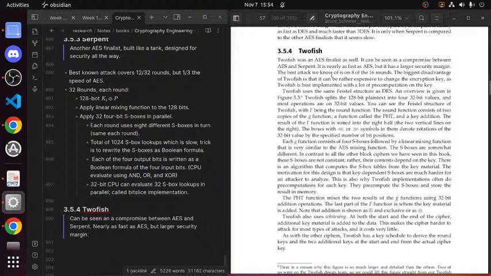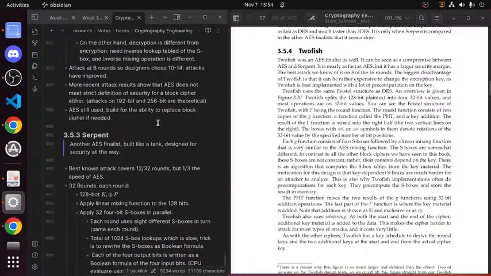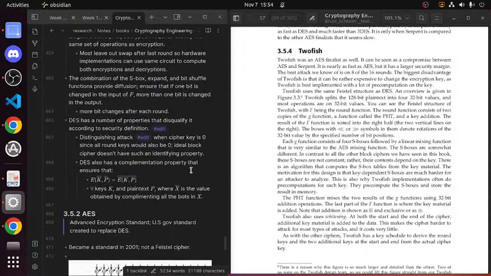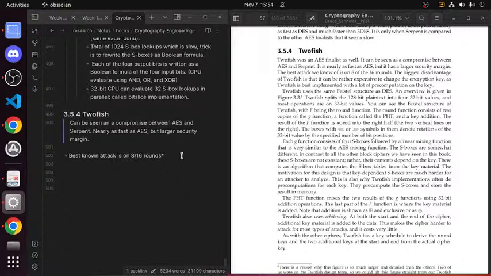The best attack we know of is on 8 of the 16 rounds. So best known attack is on 8 of 16 rounds. And I'm going to put a star. I was going to practice using my tags here. Just tag edit.